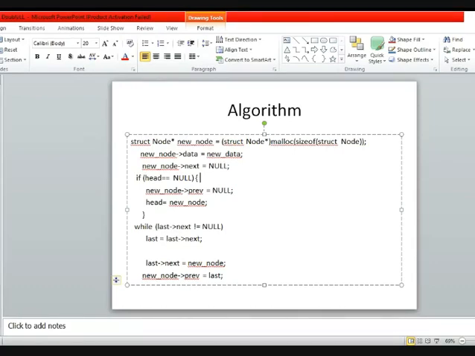Okay, so in this case, when you are performing any kind of insertion, either at the beginning, at the end, or at a specific position, you have to check whether you are inserting for the very first time. So here you need to check if head is equal to null, and if it is true, it means you are inserting for the very first time in the given list. So what you have to do here, we have used new node in place of PTR, and you need to assign its previous as null. And this new node will be the head of this list also.